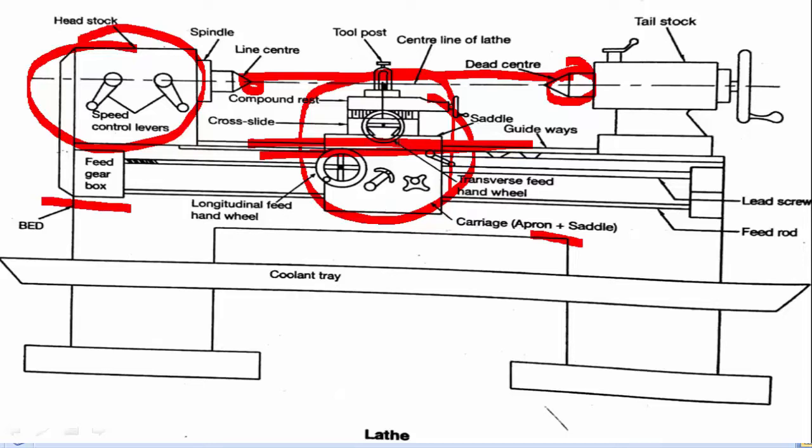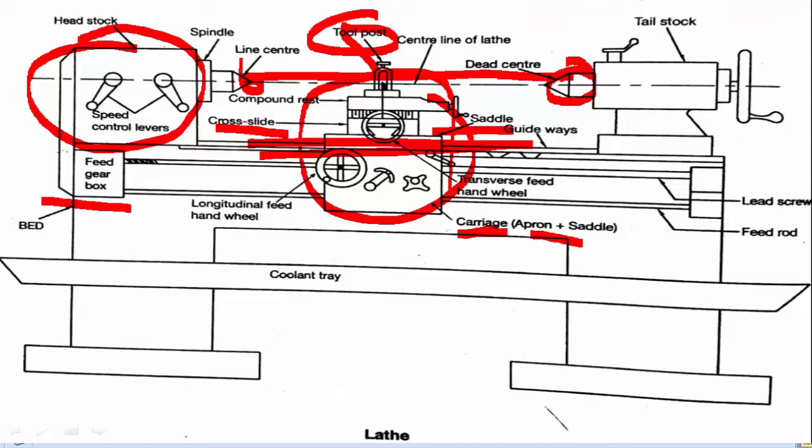So here you can see the saddle. This cross slide is useful for making transverse movement of the tool. The tool will be placed over the compound rest. So for making transverse movement, this cross slide is very useful. And next is compound rest. As I mentioned, the tool will be placed in the compound rest. We have something called as tool post. So here the tool will be placed. This tool post is placed in compound rest, and tool will be placed in the tool post.